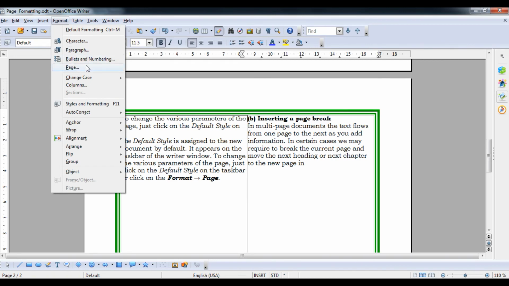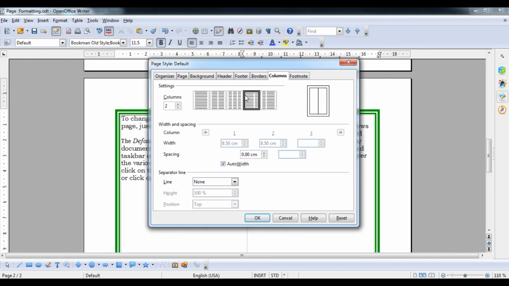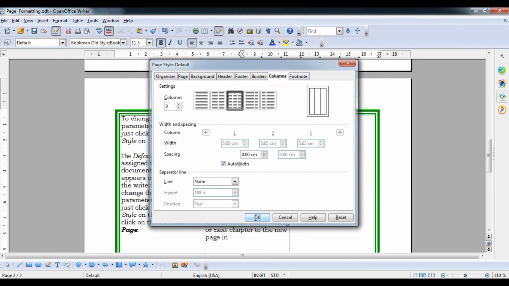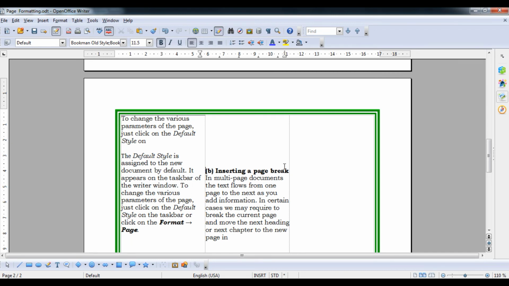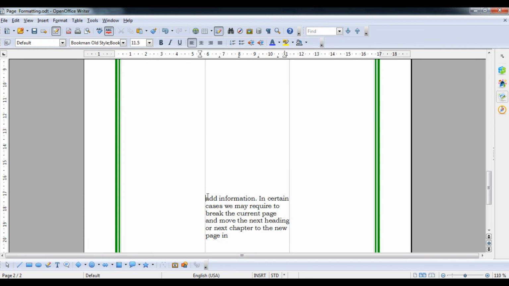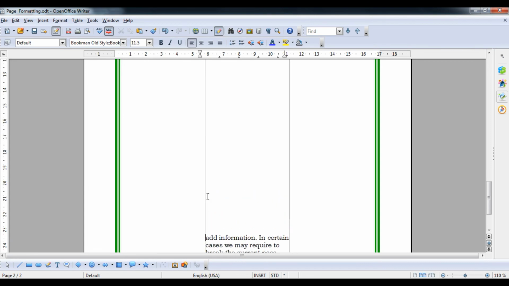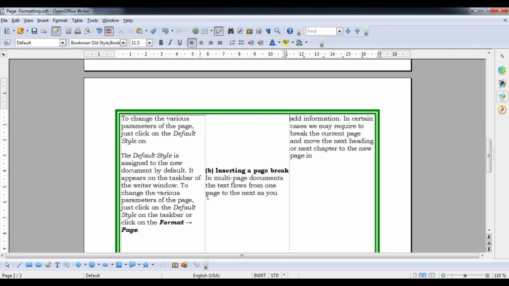Same way, if you're going to click on format and then page and go to the column option, three column or four, three column or the two column, like this only margin will be different, okay. So you can see third column will also come, so you have to just press enter until the next content will be coming along with that particular column, okay. So now you can see student, this particular information has come as in the form of three column only, okay.